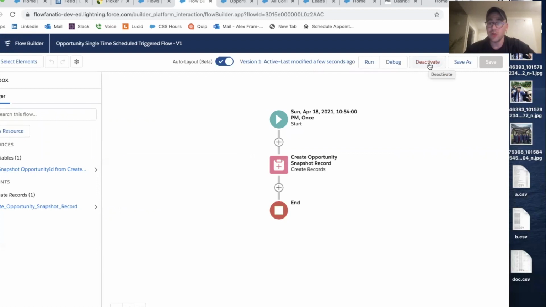All right, so this is the first part of the challenge without the bonus. Let's go over what's happening right now. Every day at 10, well, right now it's just once, but let's say we set this to daily. Every day at 10:54 p.m., Salesforce is going to launch this flow. It's going to run through every single opportunity in Salesforce, and it's going to pull one opportunity. It's going to go ahead and create an opportunity snapshot record. It's going to go one by one to each record and then create the